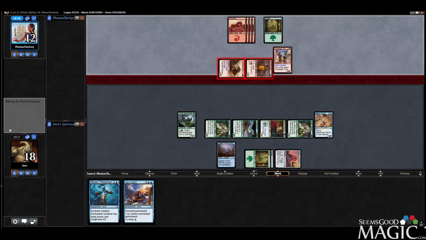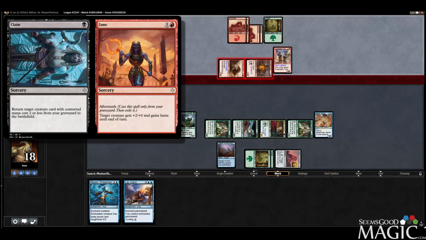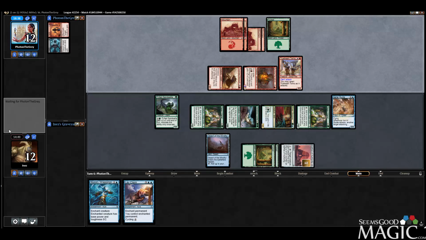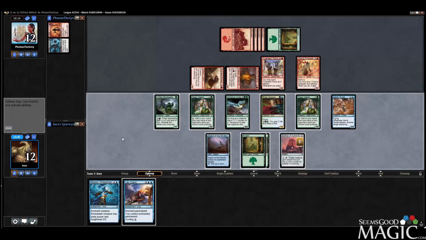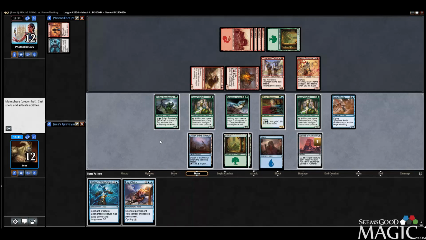Gonna take some damage here. Discarding Claim to Fame. Taking 6. Okay. And then a follow-up of the Kenra Scrapper, which is actually very good too. So, alright. Another land. We have 6 now. So let's get in with